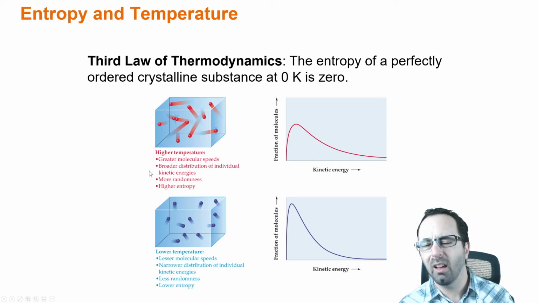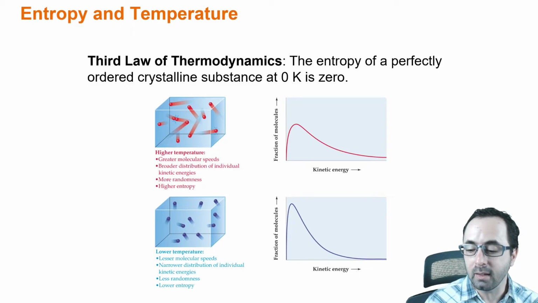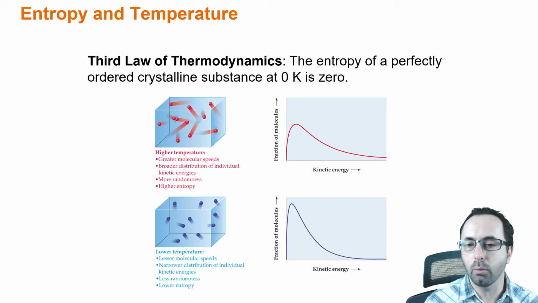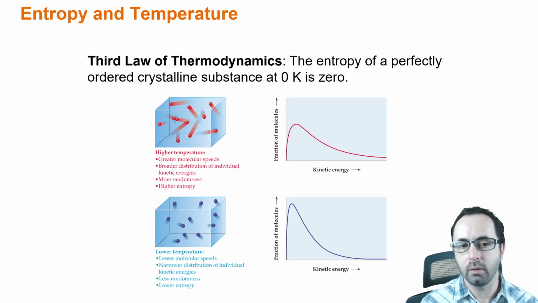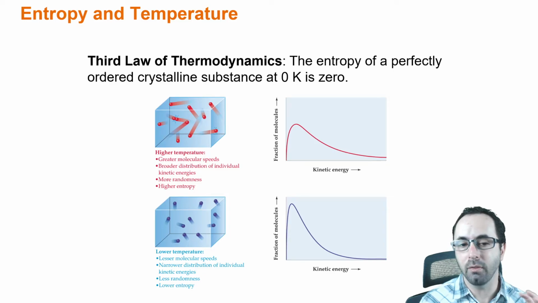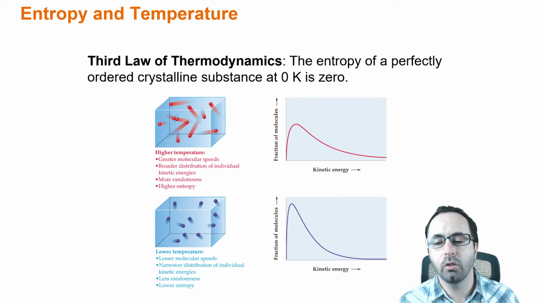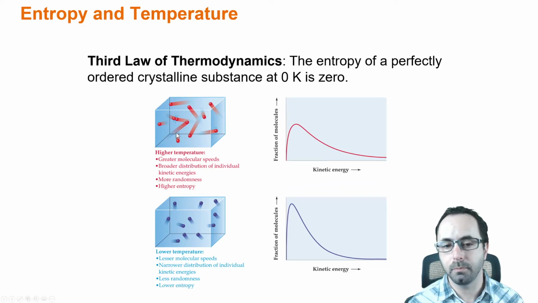A very interesting difference between enthalpy and Gibbs free energy, which we're going to learn about, is that they don't have a zero value. They're all defined relative to the energies of other substances, but entropy does have a zero value. It's defined as the crystalline substance at 0 Kelvin. So there's never zero entropy at higher temperatures than 0 Kelvin. Entropy increases with temperature.